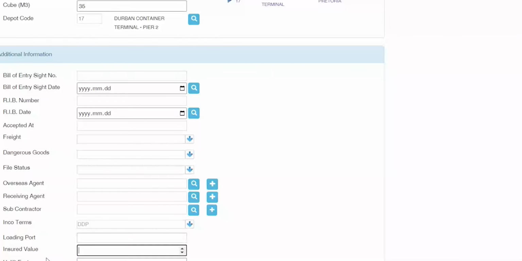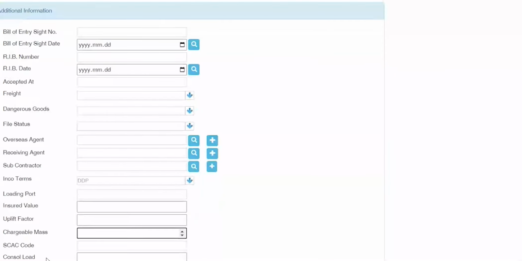Cool. Is there a loading port? What is the insured value if you need to? Uplift factor, chargeable mass. Is there a SCAC code for your sea freight if you want to do SCAC tracking as well? And then last but not least, console. So this is a very important portion. Unless your management team says use the console, you use it. If you do not have permission from your management team within your business environment to use console, please don't even